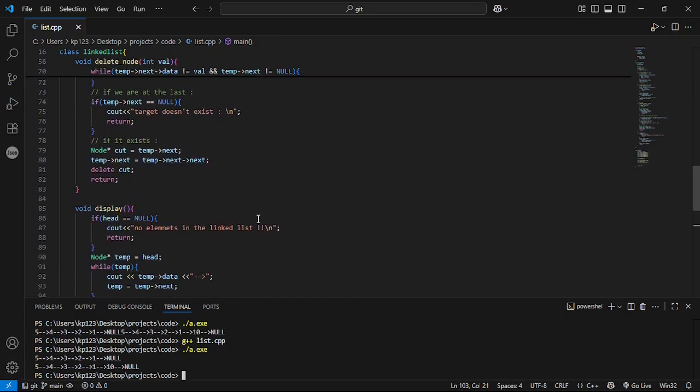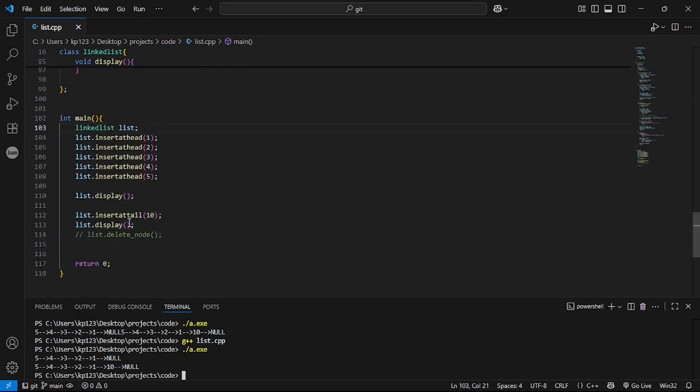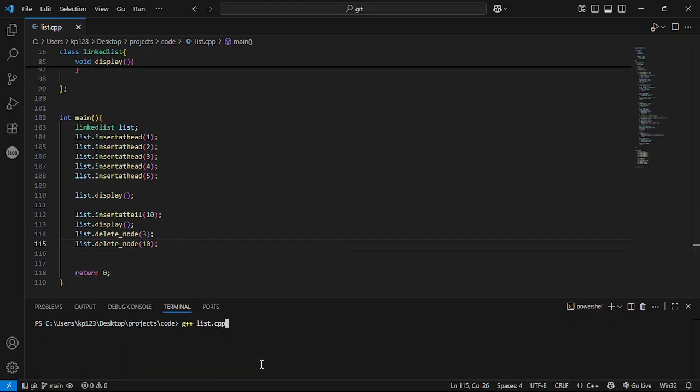Now all I need to do is comment it out and delete a particular node. Let's say I want to delete a node with a value 3, and then delete the node with value 10, like the last node.